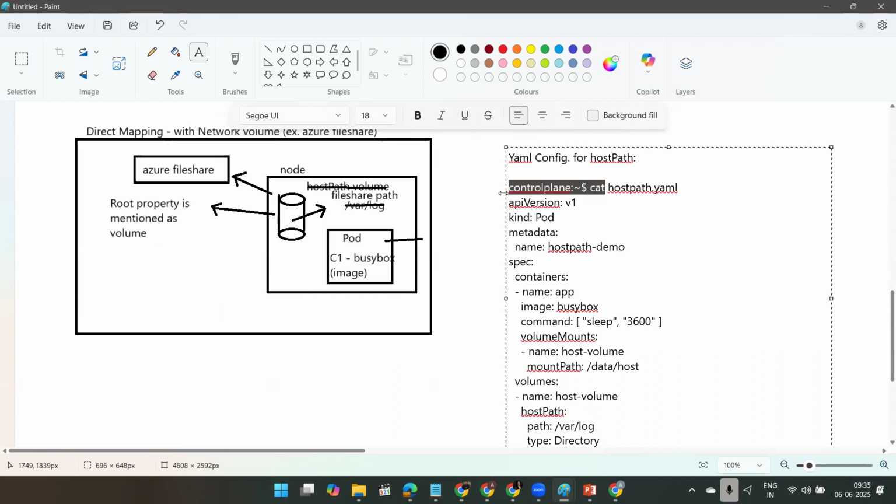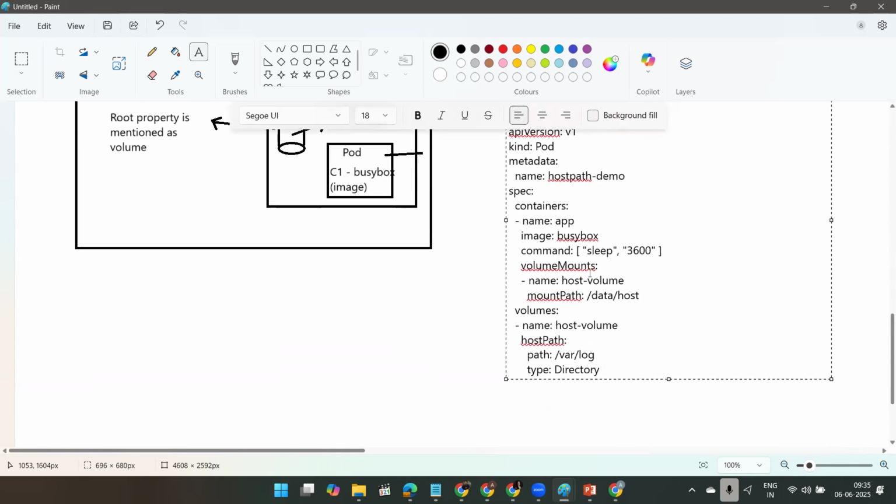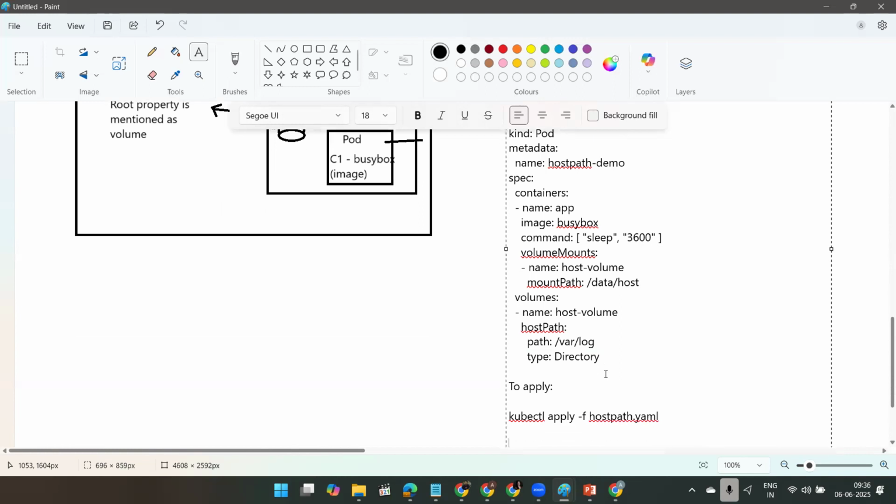So vi host path YAML, and then to apply, kubectl apply -f host path dot yaml. To check,